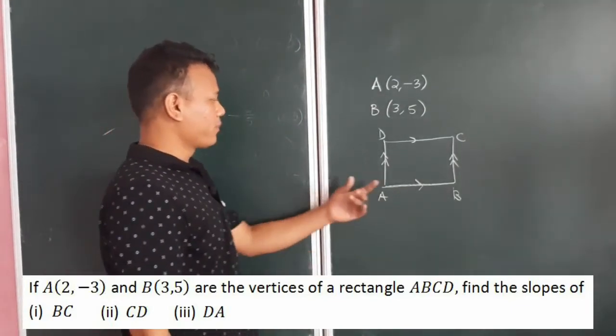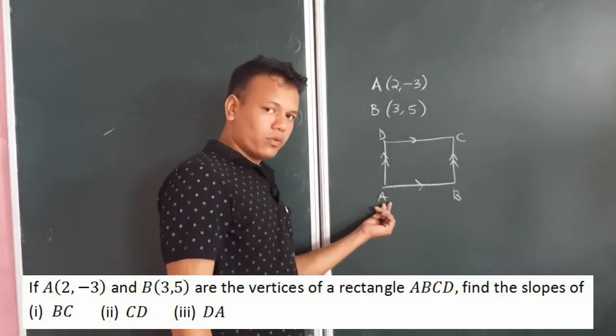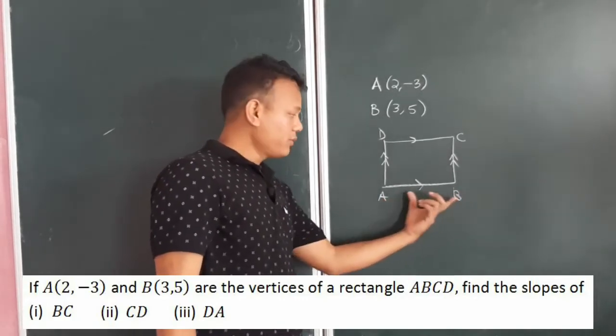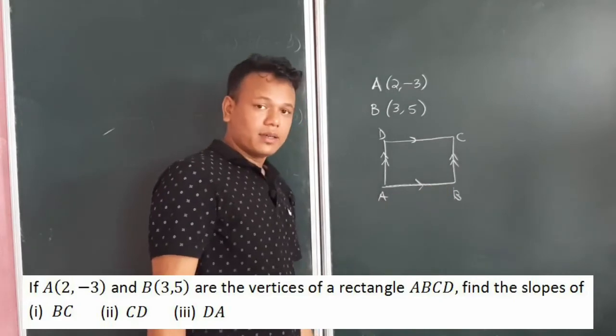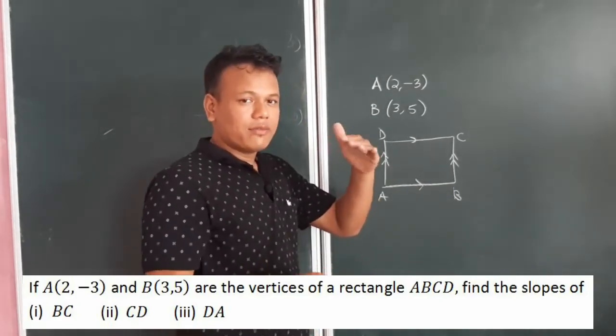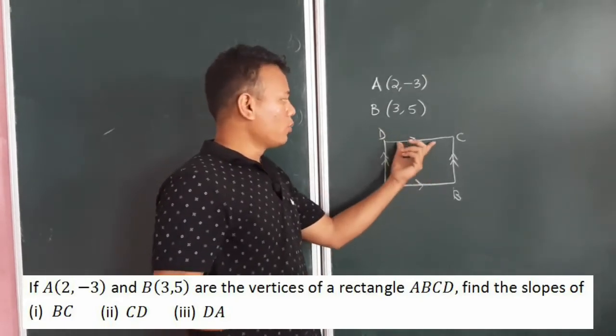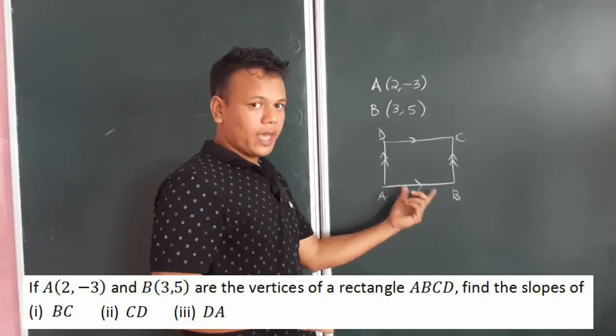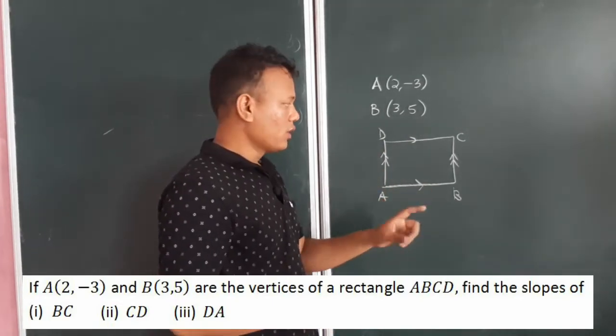Alright, so basically we have been given the coordinates of A and B. That means, can we find the slope of line AB? Yes. Okay, and we know that parallel lines will have equal slopes. So that's why the slope of DC will also be equal to the slope of AB. Okay, and one more thing that we know is this